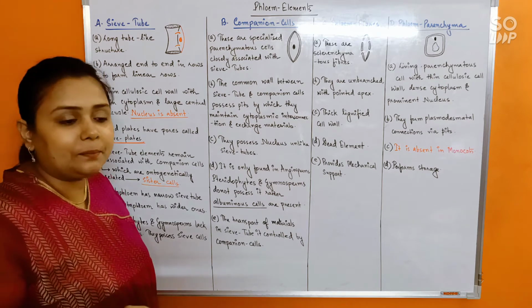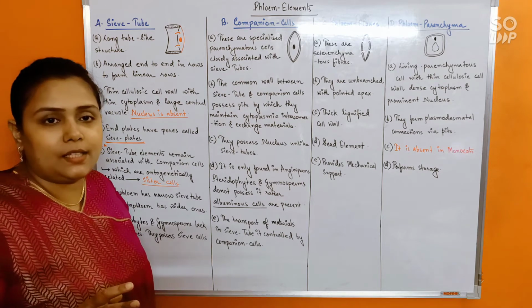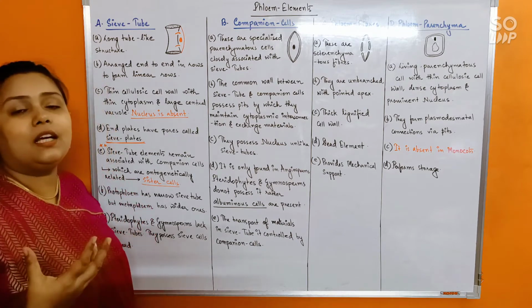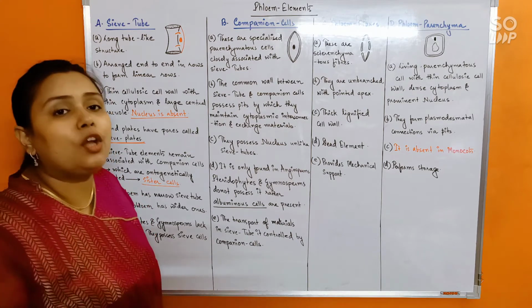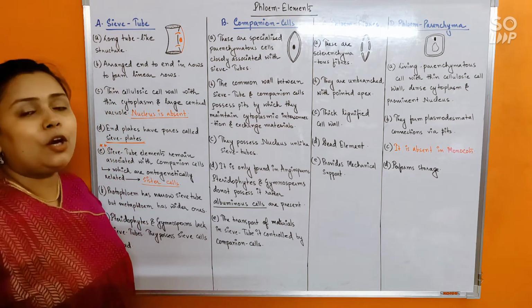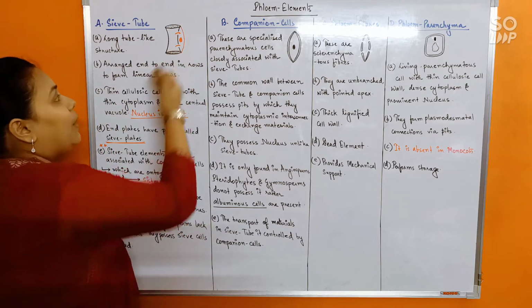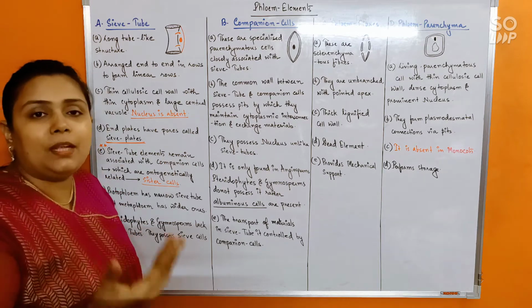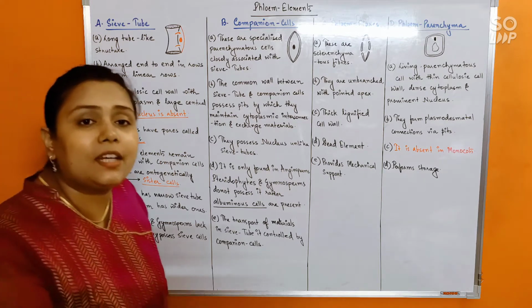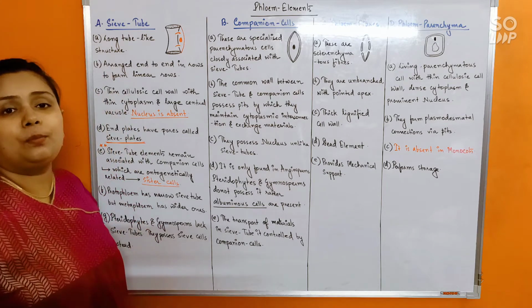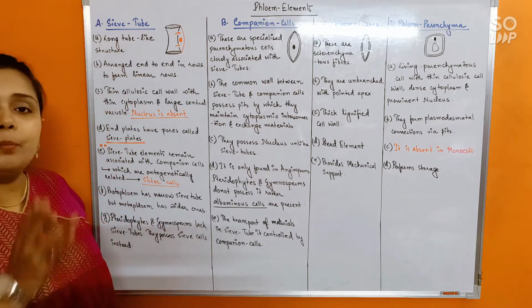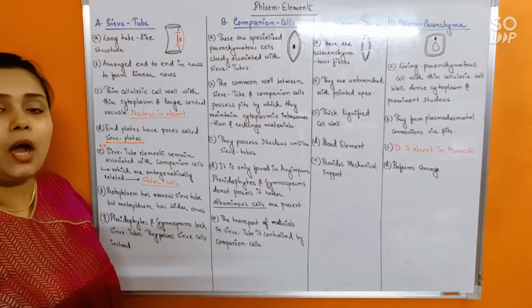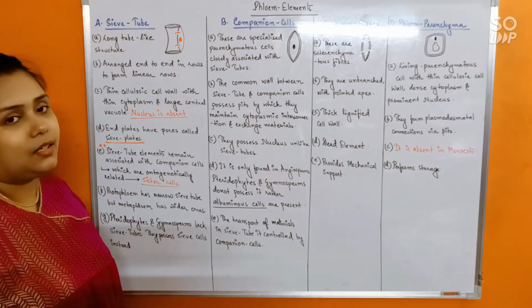Second point is that there is a branch of science, a particular study called ontogeny, where we study the developmental history of organisms. And as per ontogeny, we see that the sieve tube and companion cells develop together. So they are ontogenetically related. Hence we call them sister cells. Both the things are important and they have to be remembered by you. I think all of you are clear about it, right?